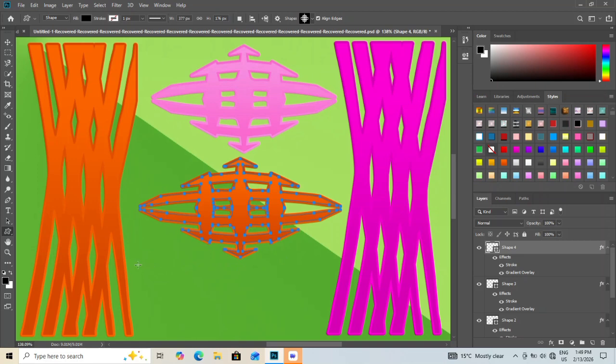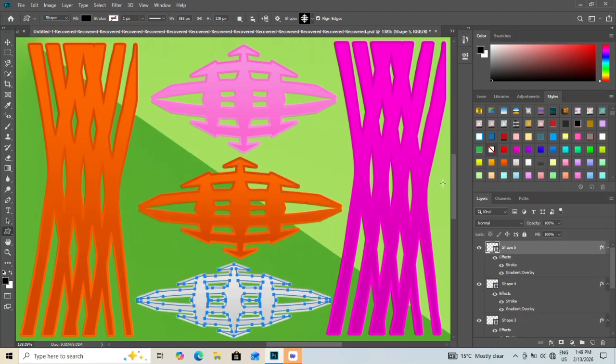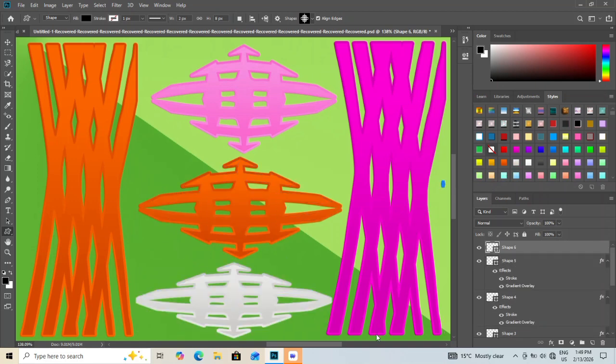Next, add a Curves adjustment layer and gently adjust contrast to increase separation between light and dark areas. To refine the